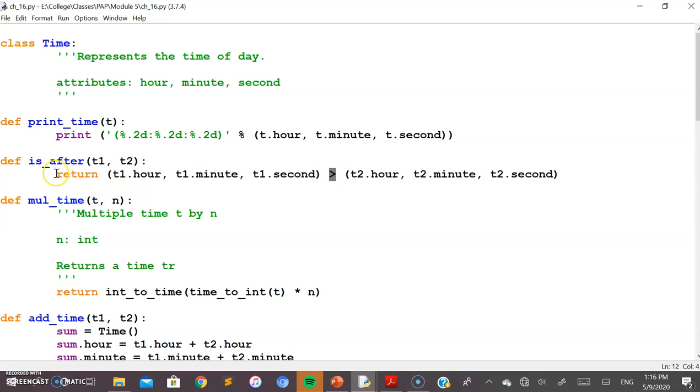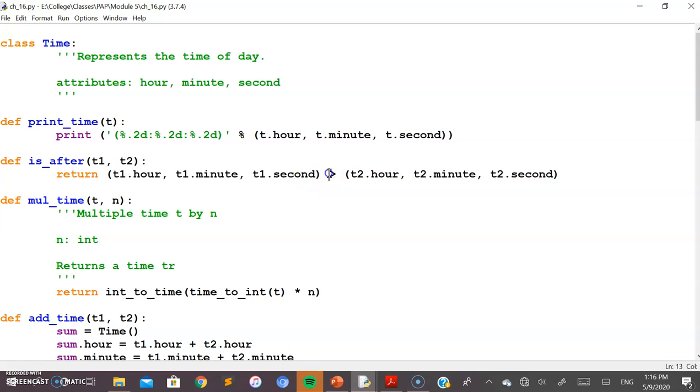If you see, a return statement has been taken here, followed by the first tuple. If you remember what a tuple is, you will know that this is the first tuple, in which you have three elements, being the attributes of the t1 object, that is t1.hour, t1.minute, t1.second.